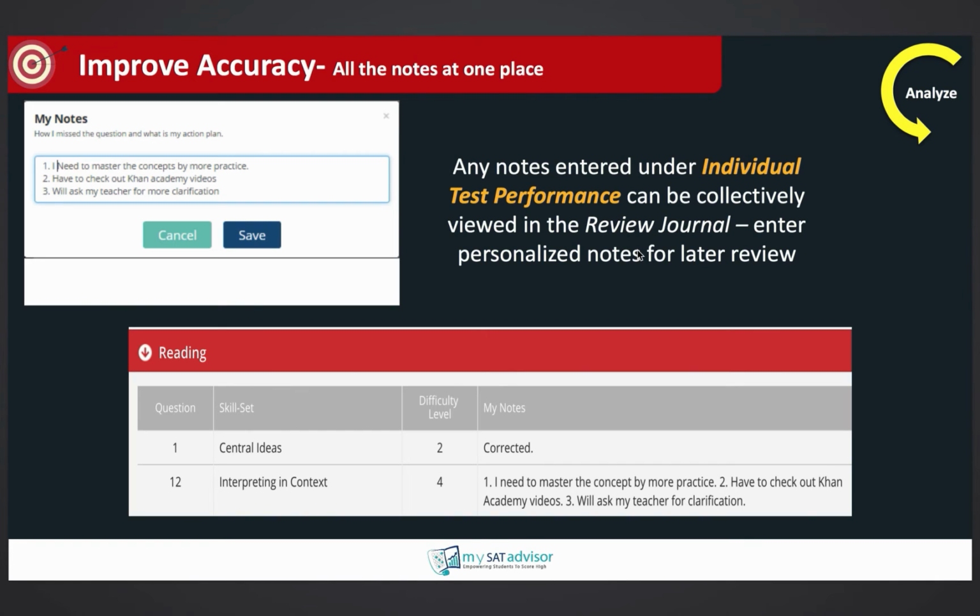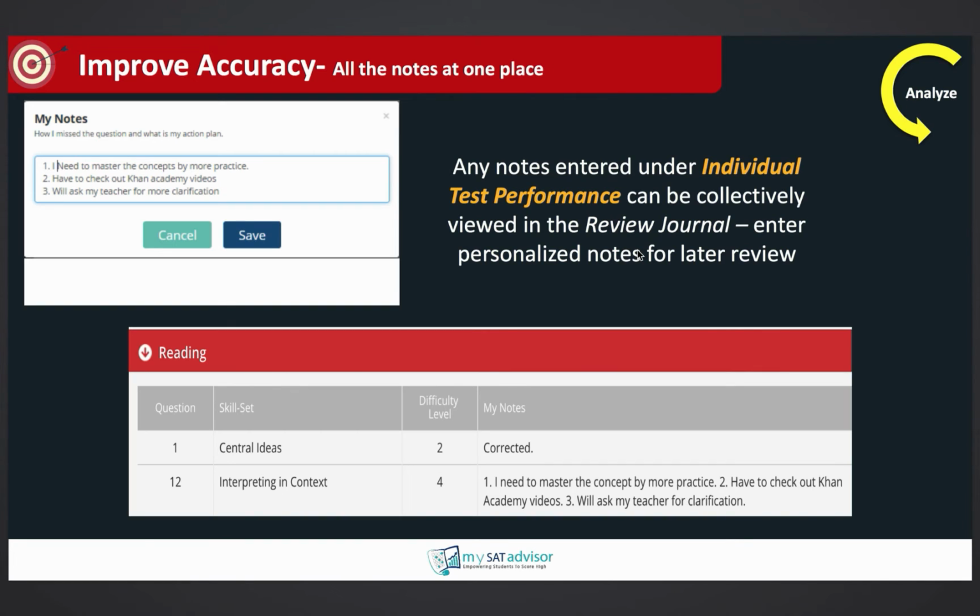Whatever notes come to mind, they can immediately enter it electronically, which, when we're talking about efficiency, is much better than having to write it on a sticky note and put it on the question, and maybe the sticky note falls out, and then you're looking at the question going, ooh, I don't remember what I was supposed to do for this question. It's a very efficient way of just entering notes on the spot.